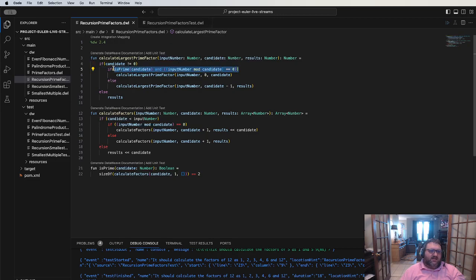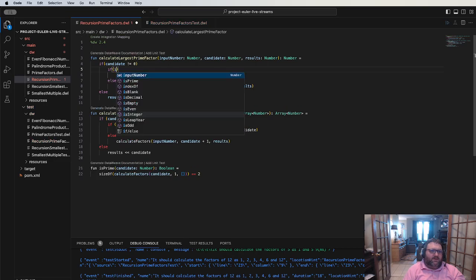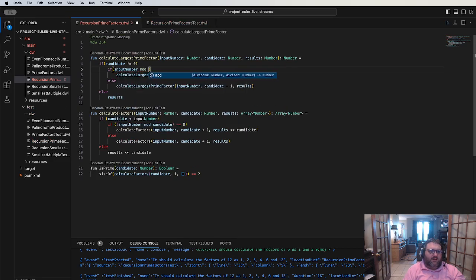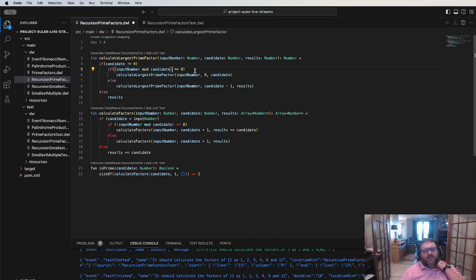I hate nesting if statements like this, but we're gonna do it. So input number, if input number mod candidate equals 0, then we're going to